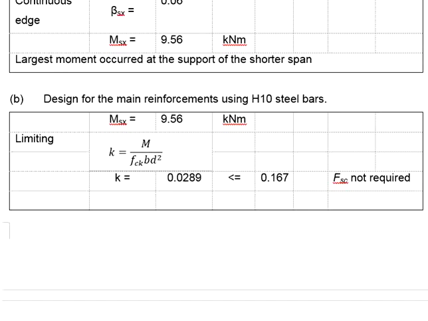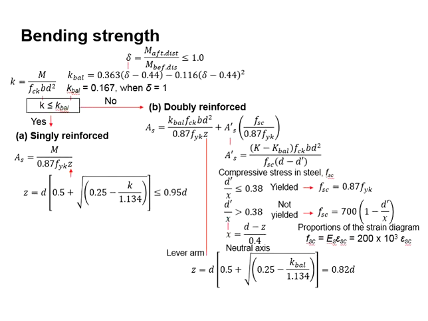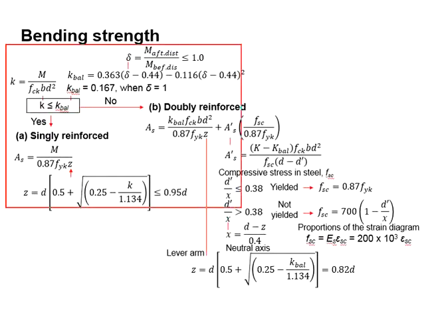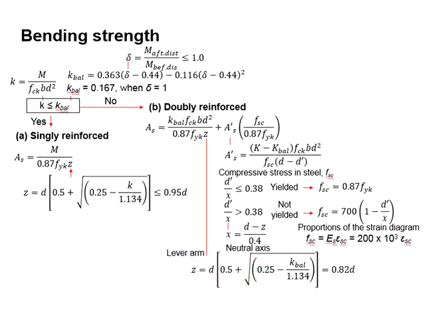From the previous questions, we obtained the moment equal to 9.56. Now you want to design the reinforcement, taking this moment. You know that this moment of 9.56 appears at the support of the shorter span. Now if you are designing for the support of the shorter span, the reinforcement should be placed near the top of the slab. To design the reinforcement bar for the slab, you may refer to the flow chart here, which